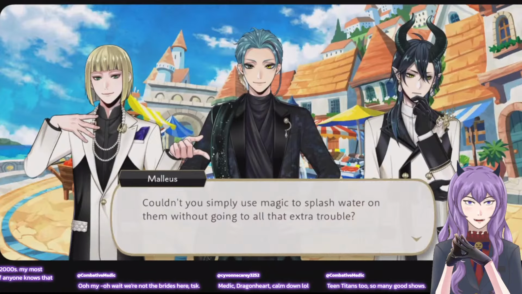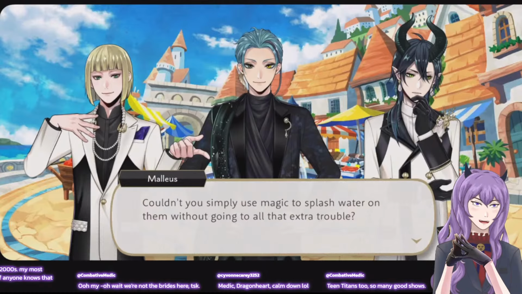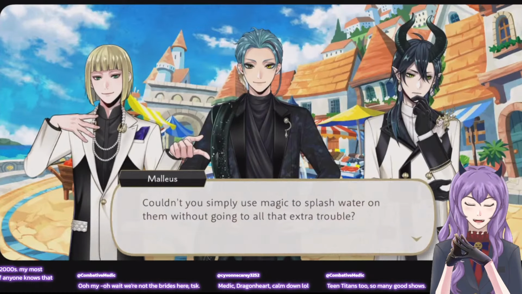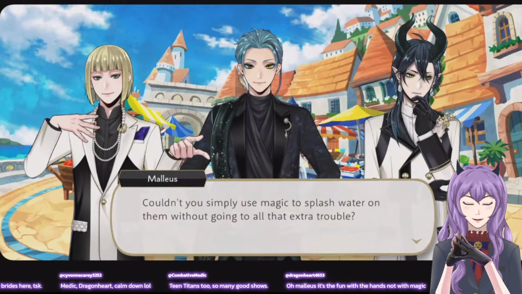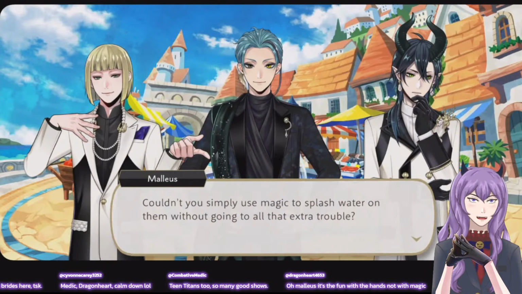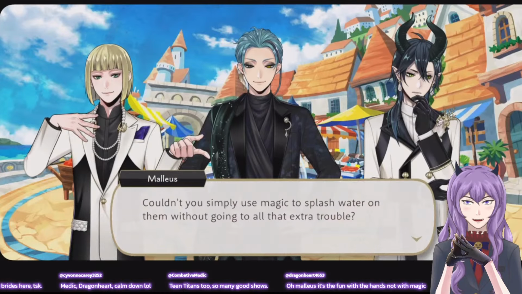There's some good cartoons in the 2000s. Most probably Kids Next Door. I actually never got to watch Kids Next Door. I think with the channel I watched, I didn't really get to see all the different cartoons. I caught a glimpse of some of the Cartoon Network ones, like Powerpuff Girls and Dexter's Lab, which were fun.